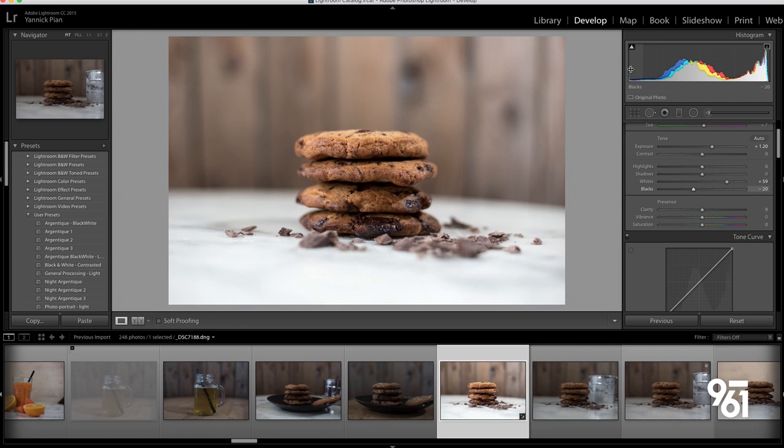Okay, and you can see that I'm losing a little bit of detail because it's touching the edge of my histogram. But if I click on the triangle here, I can see the shadows that are being affected by that loss of details. And I'm fine with this. It's not too big a deal. Okay, so